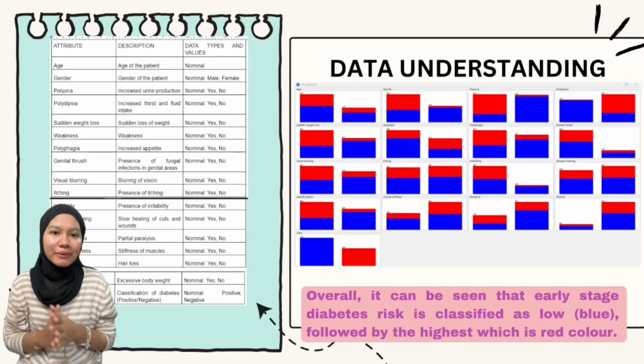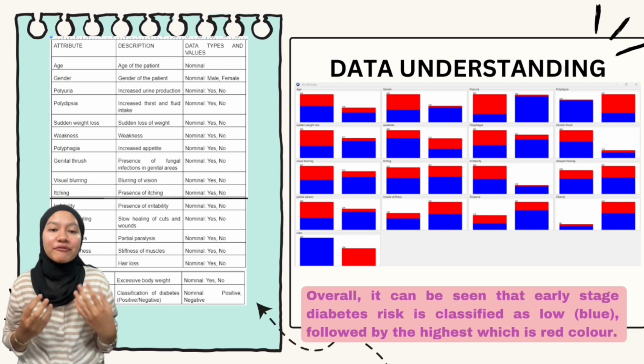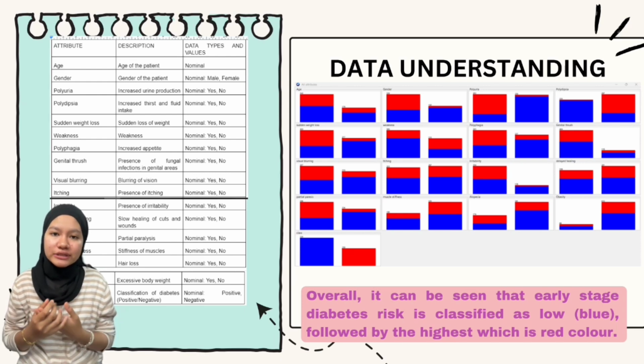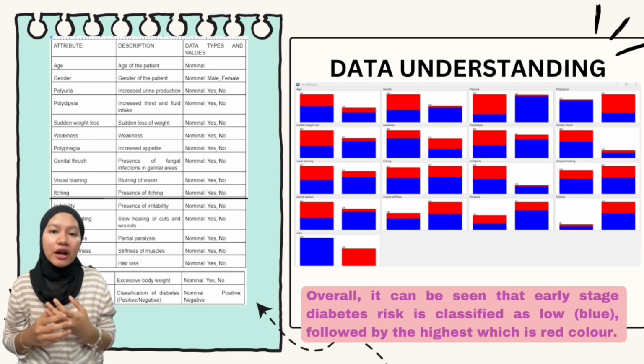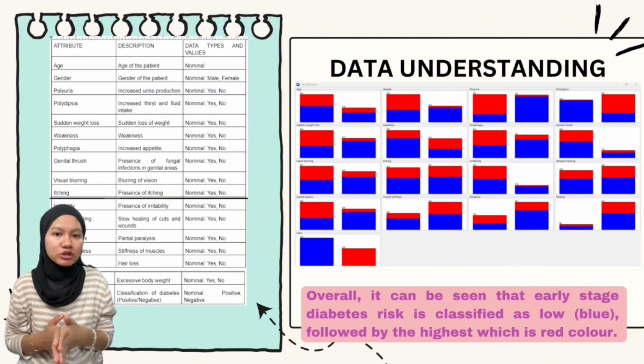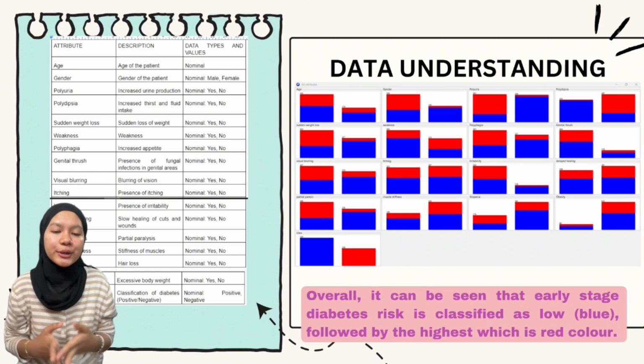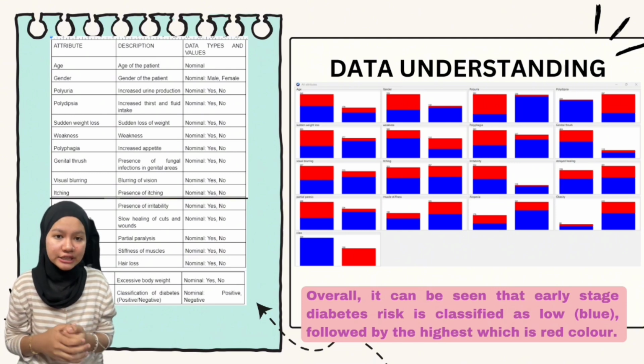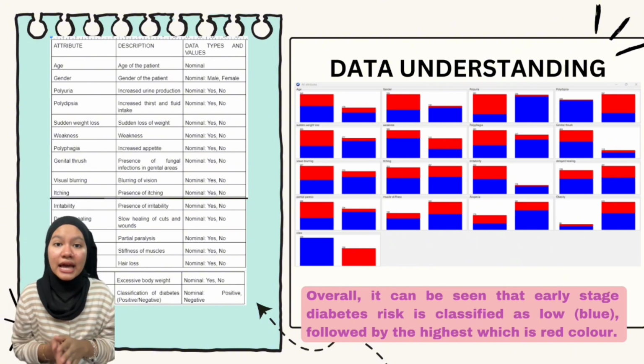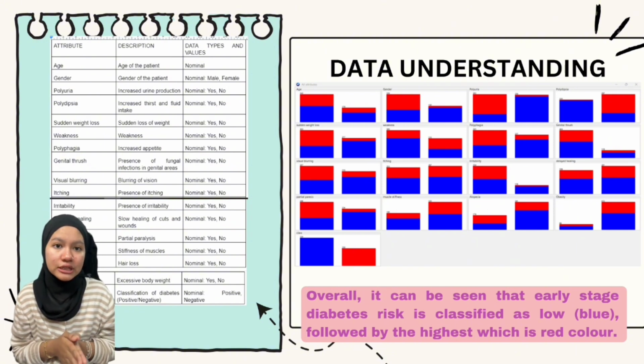Today, I will present about the data understanding. We have used data mining method to gain the results. This data has 520 instances and 17 attributes. This shows that the Weka tool that was applied in this research to analyze the dataset is a practical and effective classification tool. Next, as you can see here in the table, we have the 17 attributes, which are age, gender,